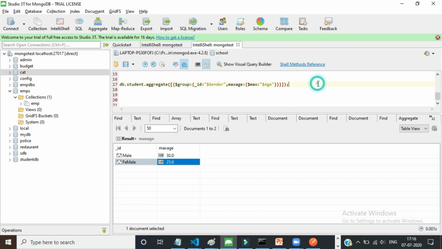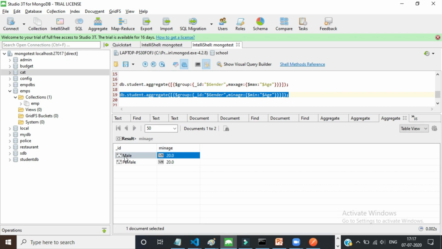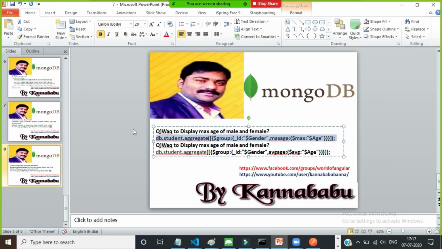Okay? If I want to display the minimum age, as a developer you have to imagine when to use group by. I want to group the male as one group, female as one group. In that scenario, definitely you have to apply group by. First, group by will group the common values as one group, and the aggregate function will be applied on each individual group. 100% aggregate functions we have to use along with group by. So I want to display the minimum age of an employee. Here you can use the min aggregate function. Execute. So minimum age of male is 20, minimum age of female is 20. Are you following, everyone?